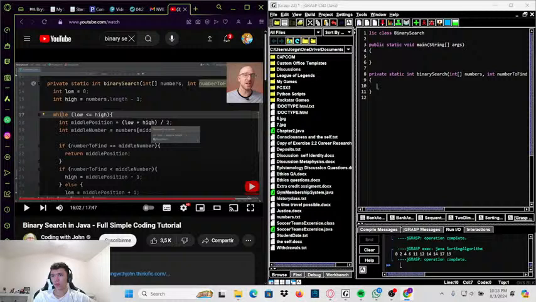that the values that you're giving it have to be in order. That's very important. If you're working with an array that is not currently in order, you're going to want to sort it in order first. And you can do that in any number of ways. I've got lots of